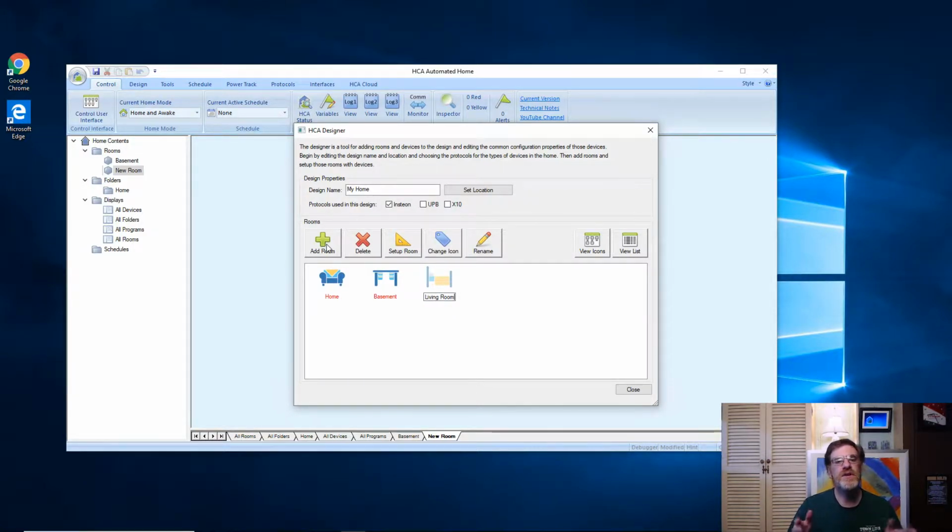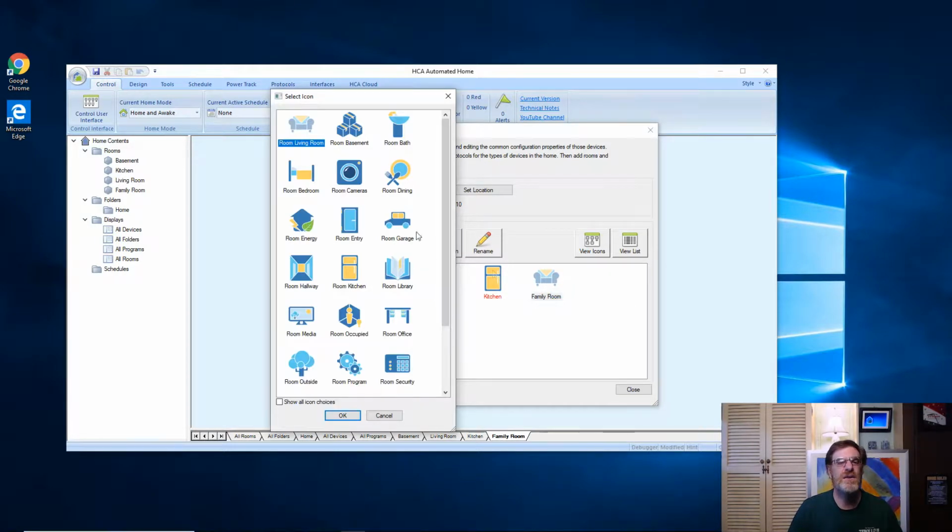And the rooms that you're going to create are where your devices are at. So living room, automatically change the icon. We have some devices in the kitchen, so change that icon. If we don't like that icon, we can change it, but I like it. We have devices in the family room. And again, if you want, we can change the icon for that